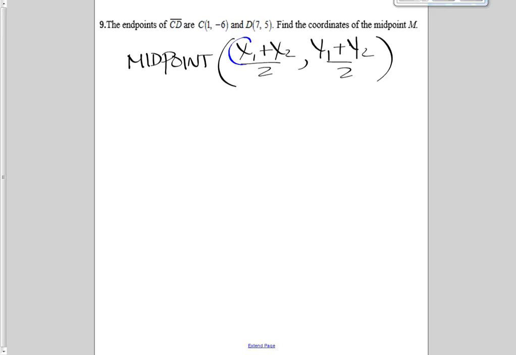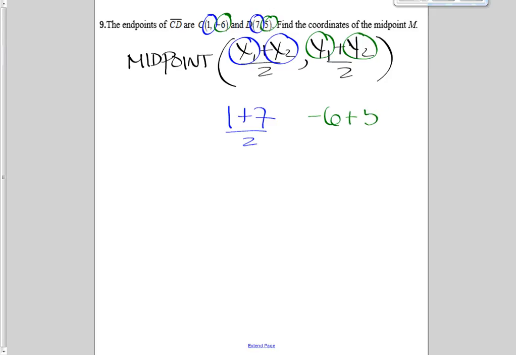So these two are these two x's. So I've got 1 plus 7 over 2. And then these two values are those two. So I've got -6 plus 5 over 2. So this will be the 4, and then negative